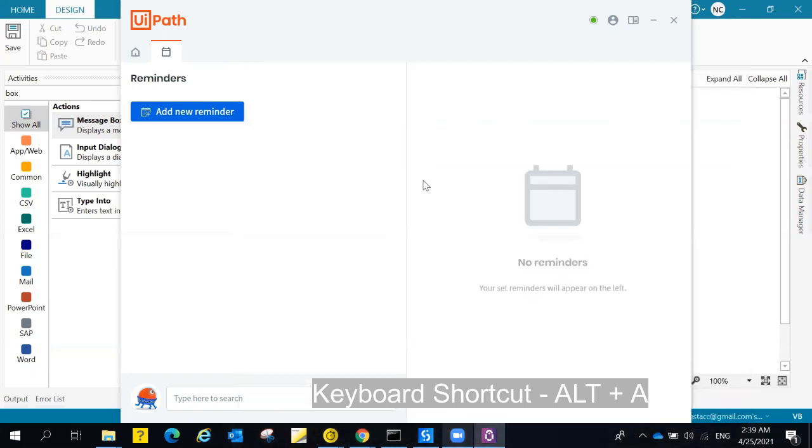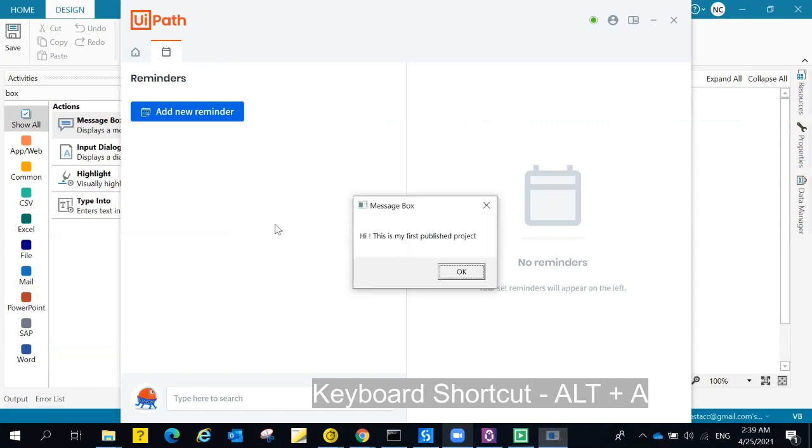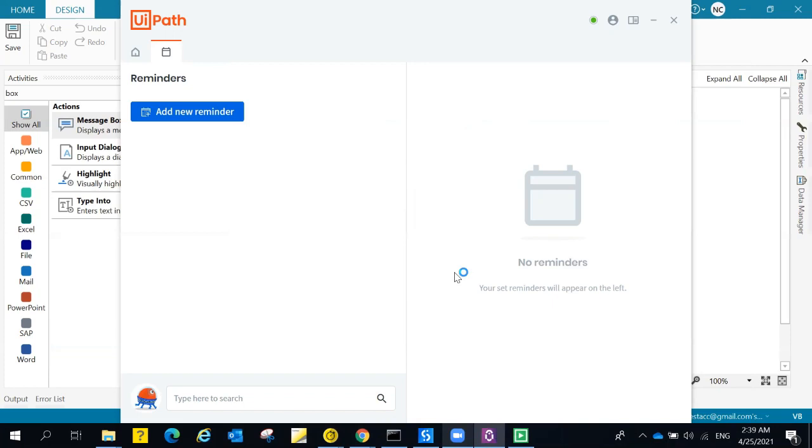So let's just check it and let me press Control A. There we go. We have pressed the Control and A buttons, and let's see if the bot starts. Yes, you can see in the taskbar that the bot has started. This is my first published project message box, and then the second message box will pop up.